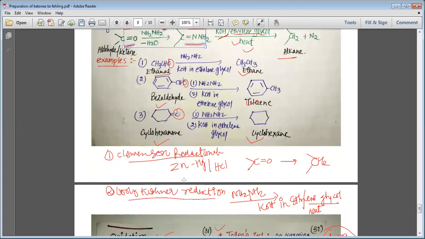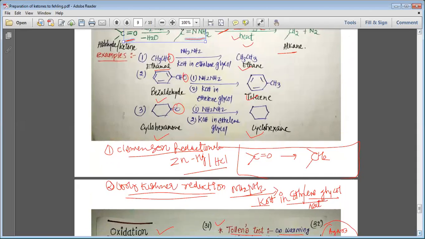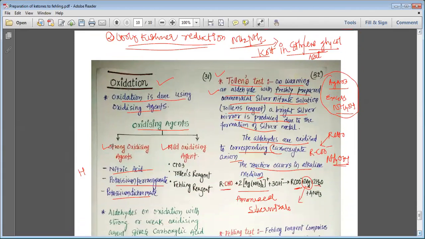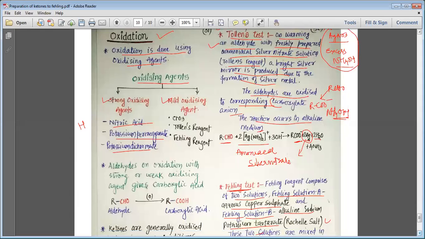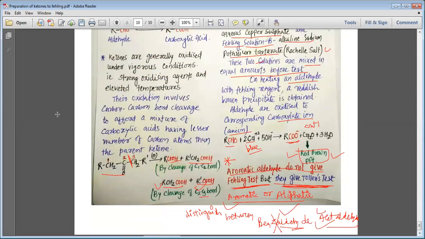So Clemmensen, Zn-Hg/HCl, and Wolff-Kishner, NH2NH2 with KOH in ethylene glycol, both convert the carbonyl group to the respective alkane by removing one oxygen and adding two hydrogens. Then we have studied the oxidation, my dear students. We have seen that aldehydes, when they are oxidized, give a carboxylic acid. In the same way ketones also give carboxylic acid in vigorous conditions, meaning at high temperature and pressure, and in the